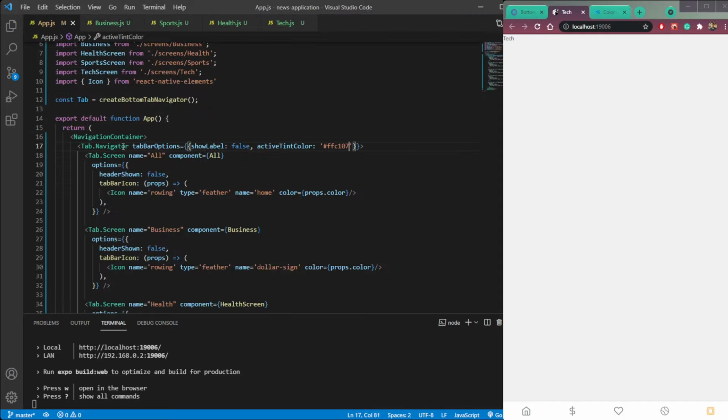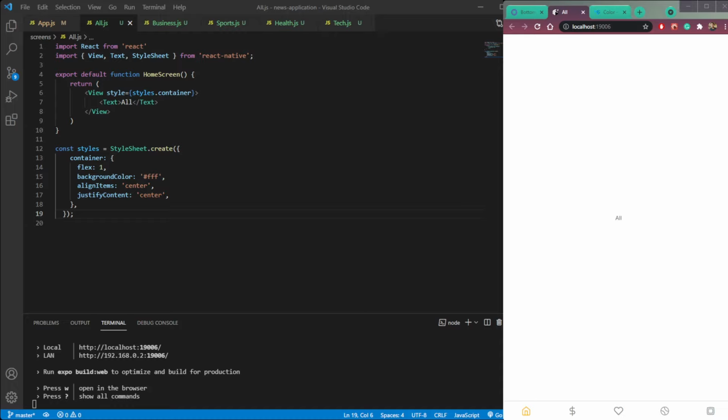So let's do that. To center the element, you can see I have a constant, a variable called styles, which contains our container. And this is how you use CSS in React Native. As you can see in the view, we have style equals styles.container, which is targeting this container.